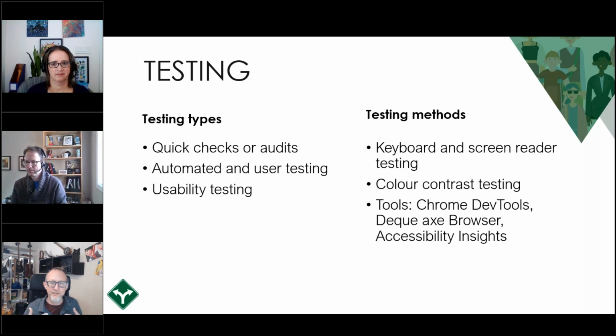But the idea here is there's a few simple things that you can do. If it's a digital product that's on a website, the quick checks might include just running automated testing. If you're able to use a tool on the product to evaluate it, do that. And if it starts flagging a bunch of accessibility errors, not all automated flags are wrong or are actually barriers, but often they are. So if you're able to do a quick check to see, well, you've missed some pretty obvious things in your website,